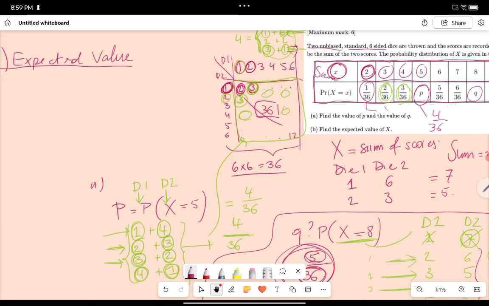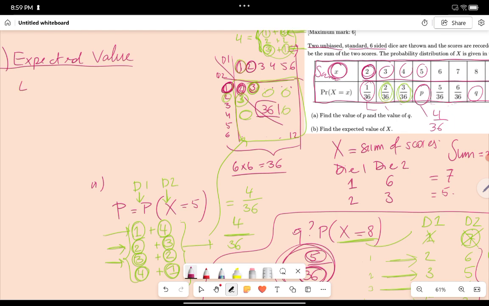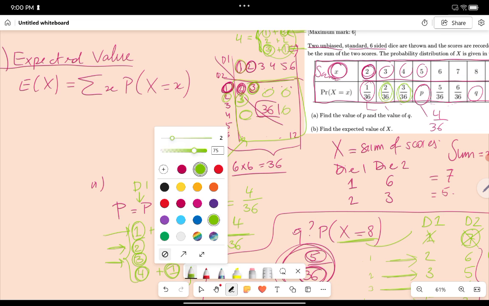So what we're going to do, the expected value of x, so the expected value of the sum is, this is how it looks like. It looks a little bit scary, but this means simply, so if you see this in the answer sheet, don't freak out. This is sum. This means taking the sum. So this is basically,